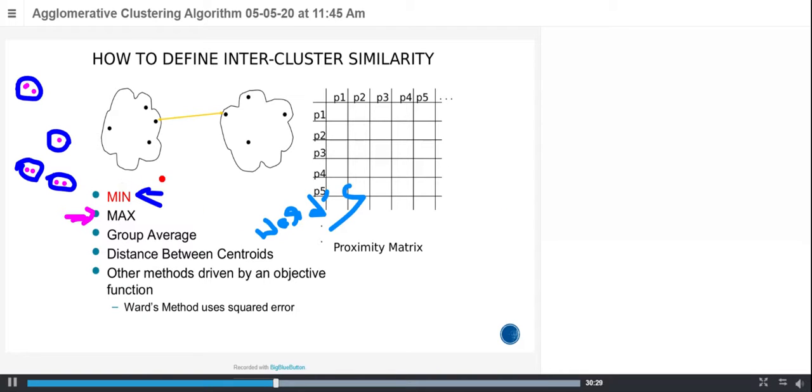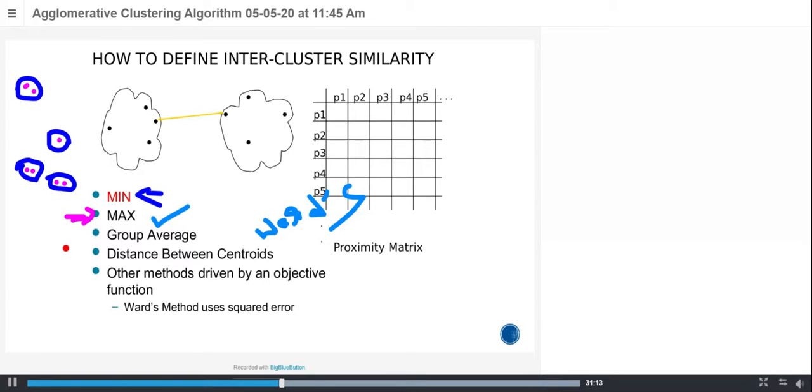So here again I will explain. In the minimum technique, the simplest way is to find the closest point between each two clusters, then calculate a distance. Among all these closest point distances, choose which one is the minimum distance between each two clusters, then merge them as a cluster. In the maximum technique, don't consider the closest point between the clusters. You consider the farthest point between the clusters. Then calculate a distance. Once you calculate the distance, you see which distance is the minimum distance among the farthest point calculations. When you know which one is the minimum, then you are going to merge those clusters into a single cluster.